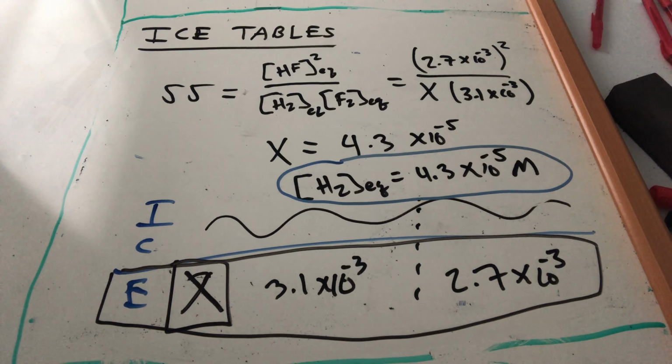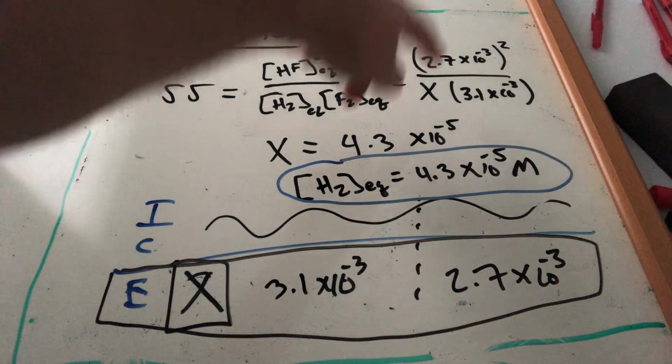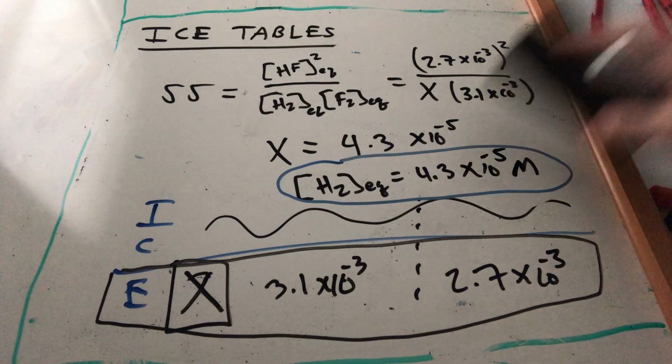So the reason I like to show this example is you don't always need to fill out an ICE table, but it still keeps us organized, and realizing that the E information relates to K sets us on our path to build our equation and solve for our unknown. The last example in this video